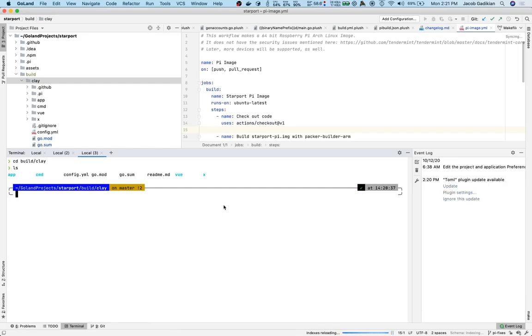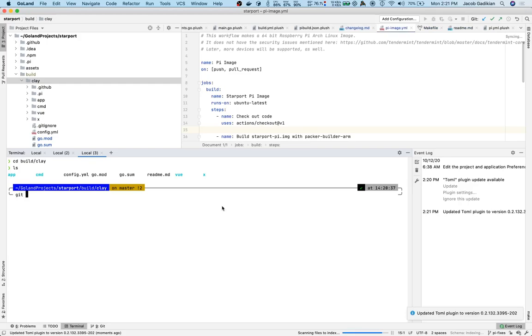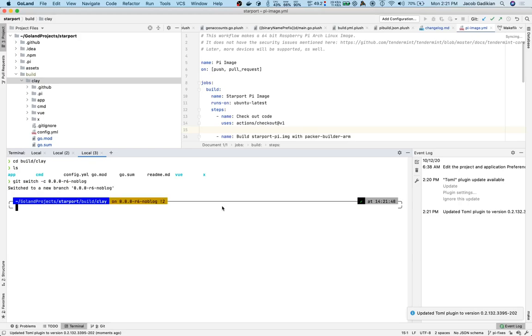Well, here. Git. So 0.0.0 revision 6 with no blog. You'll see why it's got that no blog tag in just a moment here. And what we can do is